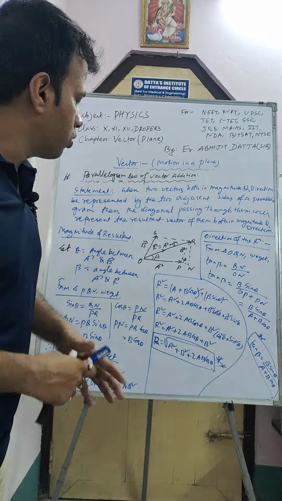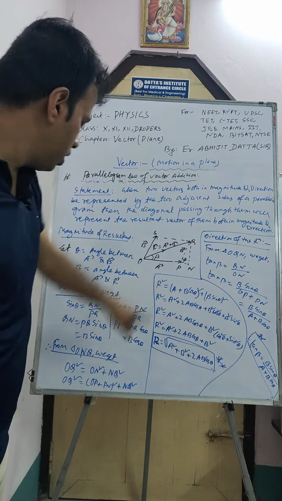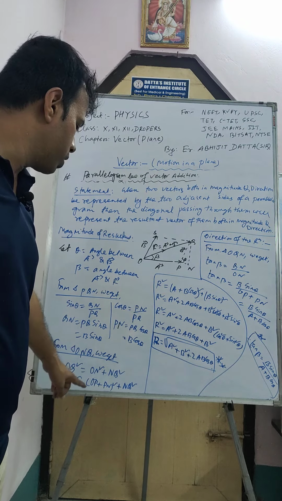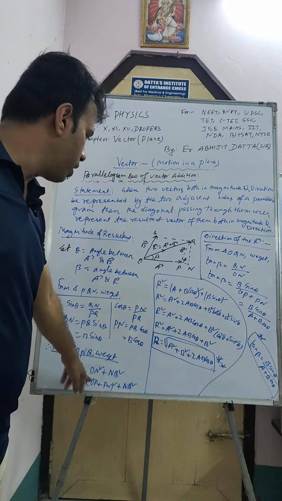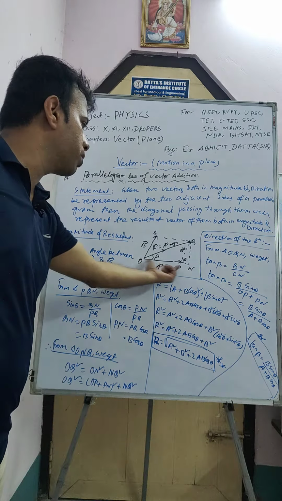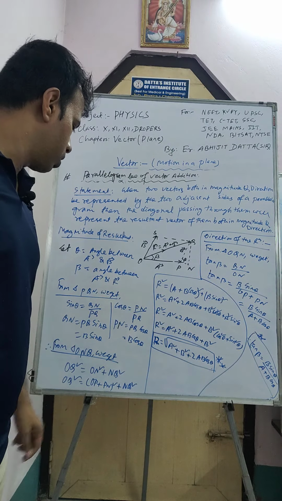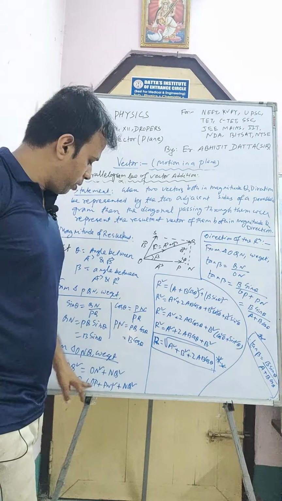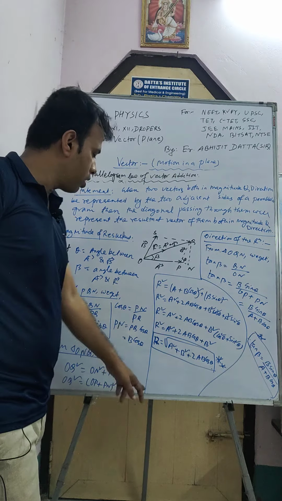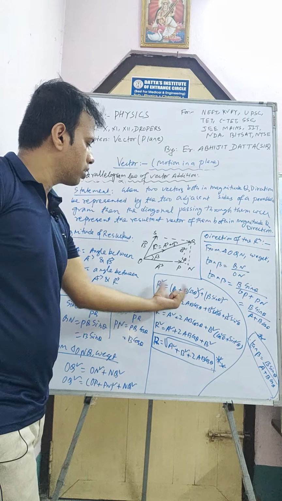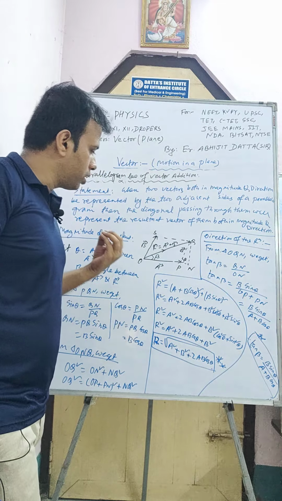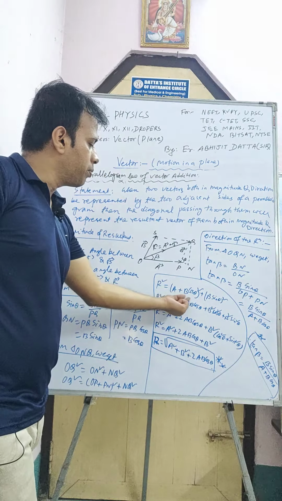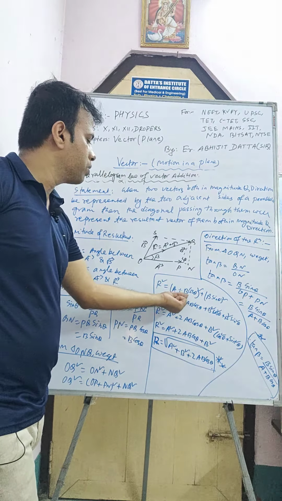So now take the whole big triangle ONQ. What do we get? OQ square equals ON square plus NQ square. ON I can split as OP plus PN, so OP plus PN whole square. If I simplify this, putting the values of OP, PN and NQ, it becomes the A plus B whole square form.